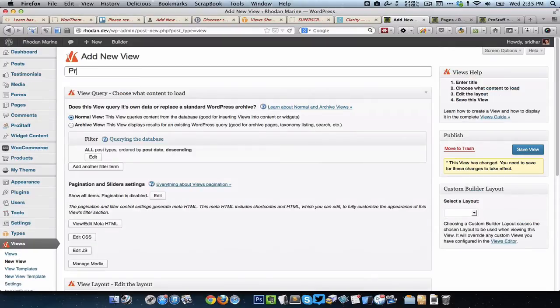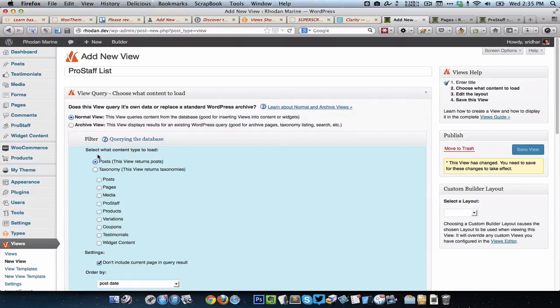Alright, so I'm going to call this Pro Staff List because it's going to list all the entries in that particular CPT. So the first thing is we've got to click on edit. As you can see, by default it's going to look for all post types. So I'm going to click on edit and ensure that my Pro Staff custom post type is selected.